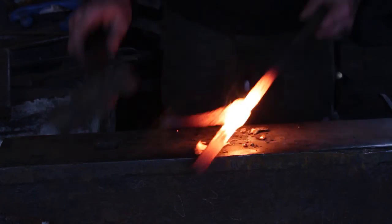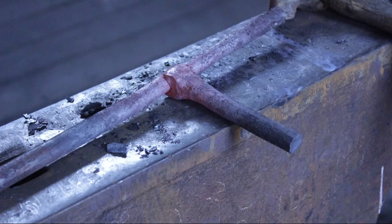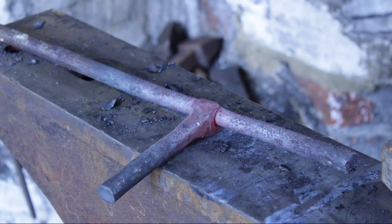And here we have the handle welded in place. This is useful for gate bolts,